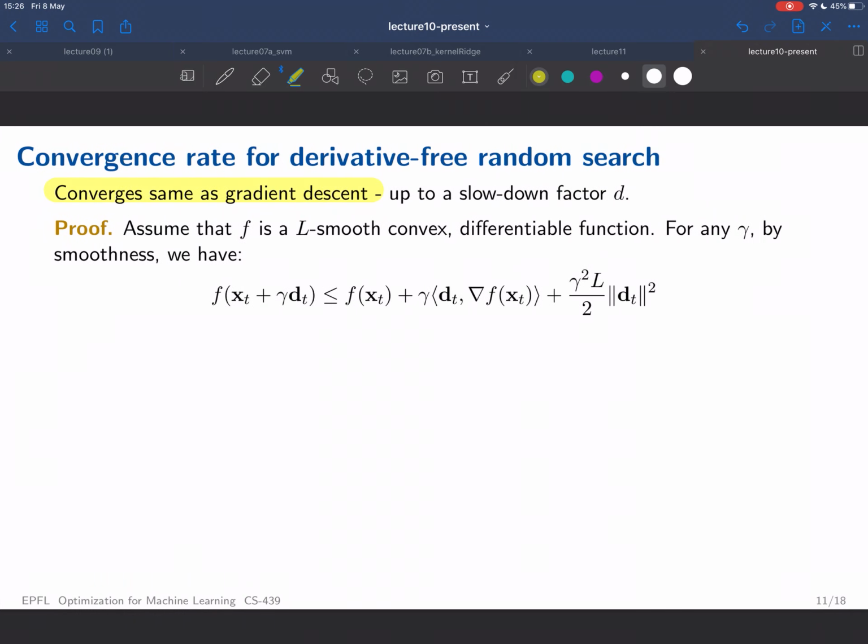So I'm going to show you it has the same rate as gradient descent if you have smooth functions. And the proof I'm going to show you is showing you that it will work for convex functions. And let's see. So you know how to optimize smooth functions. You have seen this a million times. What you have usually done when you had this L smooth function, convex or not, whatever, you were using